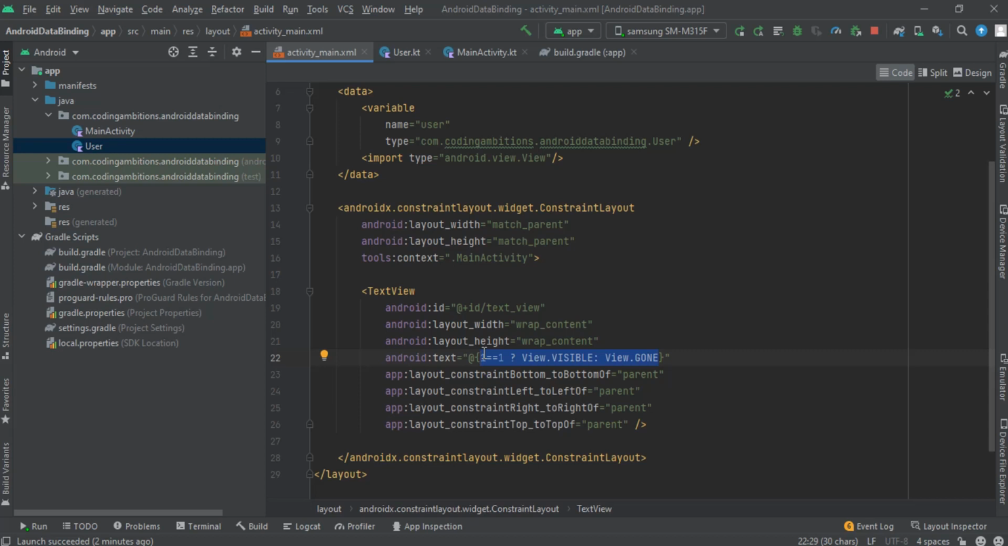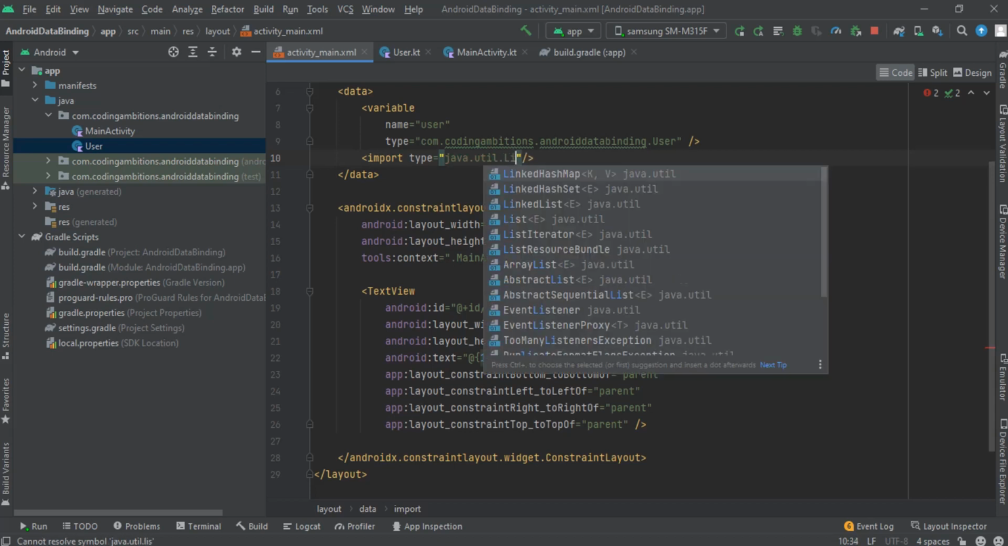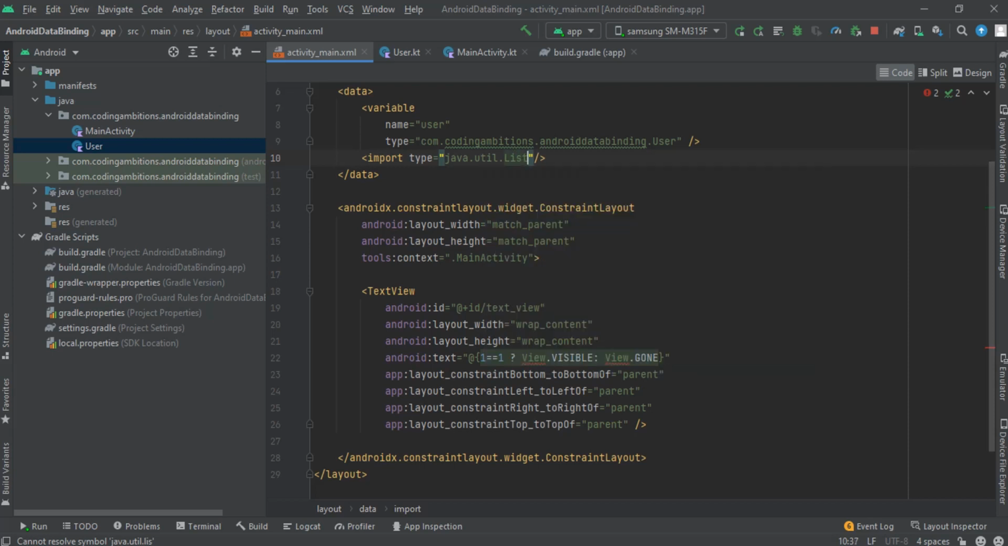And let's say we want to use collections here, then you can import java.util.list here. So this way you can use many things here. Now you can use lists here, and now this will show an error because we have removed that import. And similarly, we can use type aliases as well. Let's redo this, and if we want to use this list class,